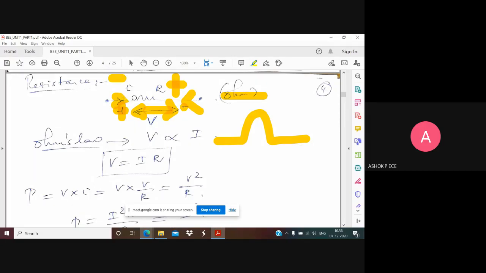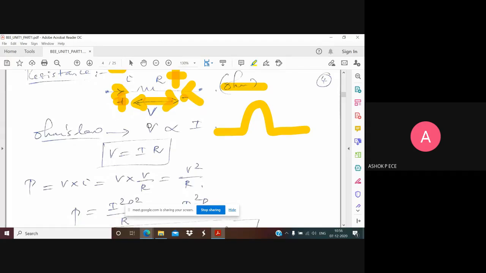So Ohm's law relates I and V. Ohm's law says that at constant temperature in a linear device, the amount of voltage produced across a resistor is proportional to the amount of current flowing through it. So V is proportional to I. The constant of proportionality is R. R is called resistance. The unit of resistance is ohms.